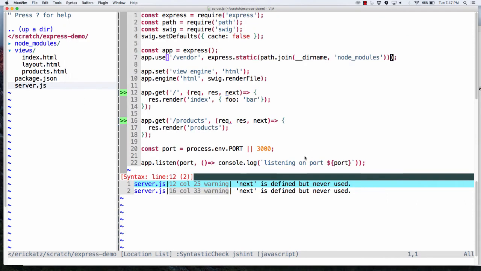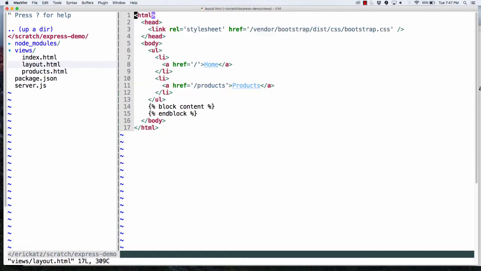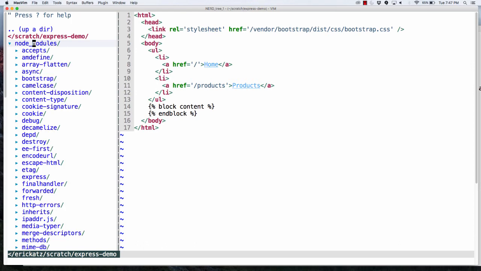You're going to write a lot of routes, but again, static routes are fairly simple. Give it a prefix. Any request that comes in with this will be impacted by that static route. And I said to that static route, hey, look in the node modules folder. The way I like to think about this, I've mounted that static route as a server of files. I've mounted this node modules folder. So if you come in with /vendor, anything after this